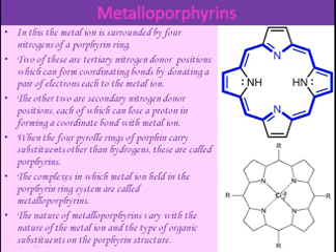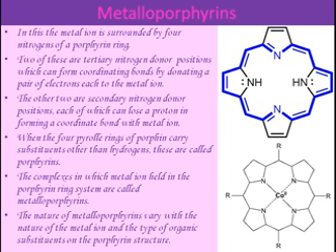The metal ion forms a bond with this nitrogen, leading to the formation of a coordinate bond, and with this nitrogen, leading to the formation of a covalent bond. The complexes in which metal ions are held in the porphyrin ring system, this is the porphyrin ring system, consist of the metal ion. So whenever the metal gets incorporated into the porphyrin ring, it is known as a metalloporphyrin. Basically, the general terminology used for this is metalloporphyrins.